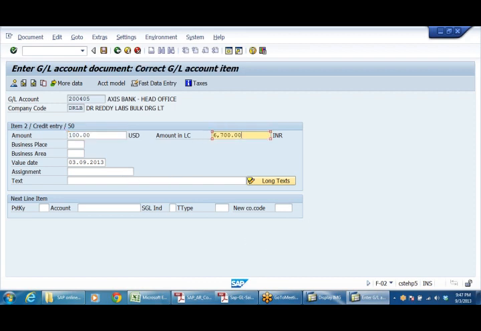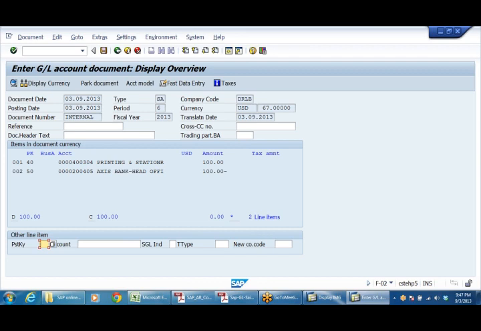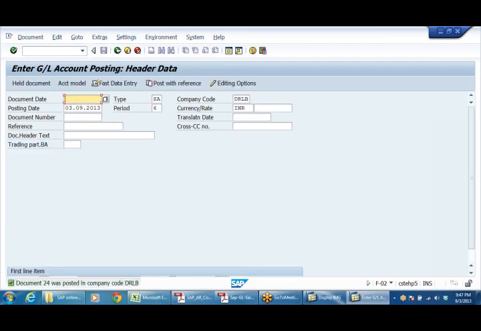So it will take 67. Right? Save it. Similarly, once we post one more in GBP currency, then we'll go to the GL account and we'll see.